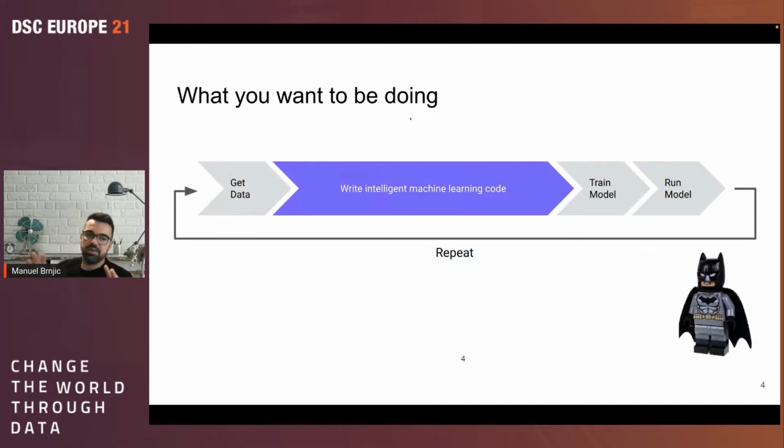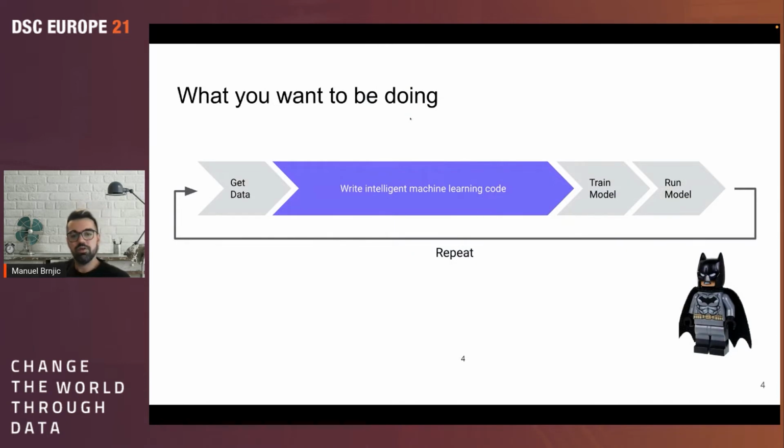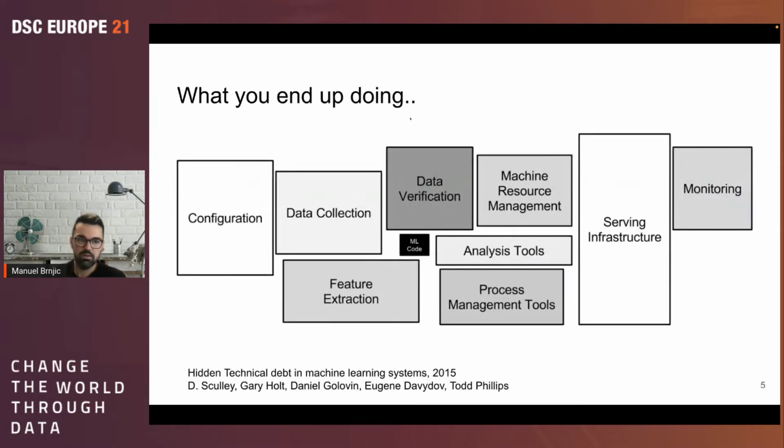So with all that said, it's not just about the data access. The usual question that comes into your mind is, what do you actually want to be doing as a data scientist when you join a company? Of course, you want to write some machine learning code, get some data, train the model, run the model, and then repeat that all the time until your machine learning model over time gets better and better. But what you end up doing, and I'm pretty much sure this picture is well known by some of you already,